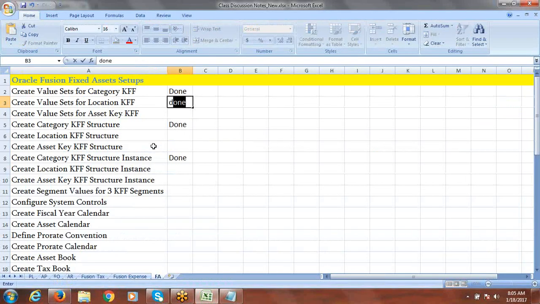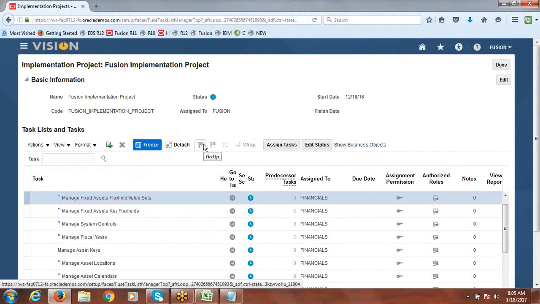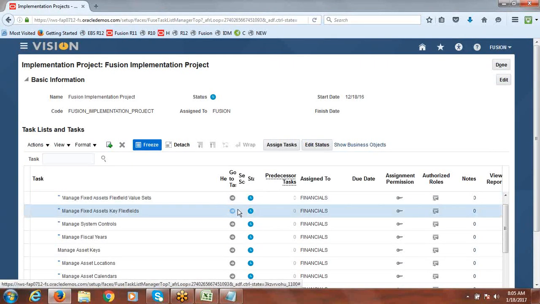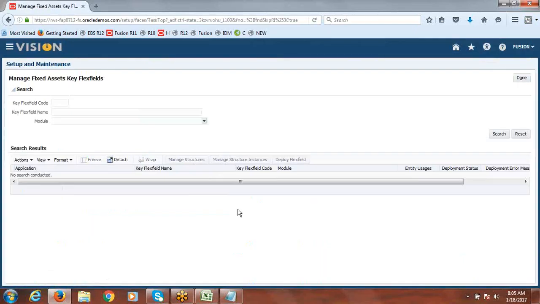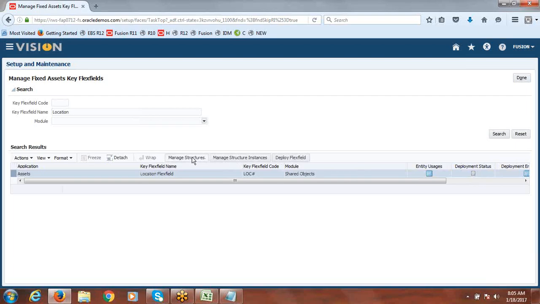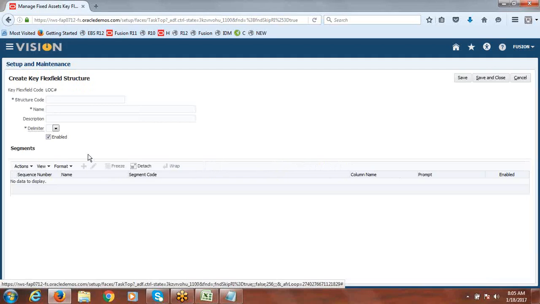So value sets we created. Now we are going to create location key flex field structure with the three segments. Just click on go to task. Search with the location, then say manage structures. Click on create. Already existing structure we disabled for our testing purpose, right?